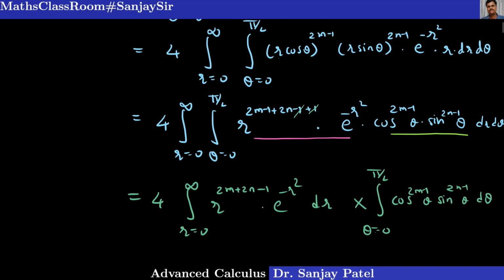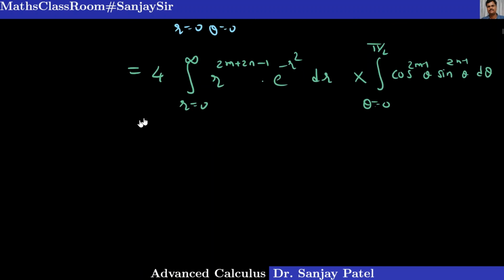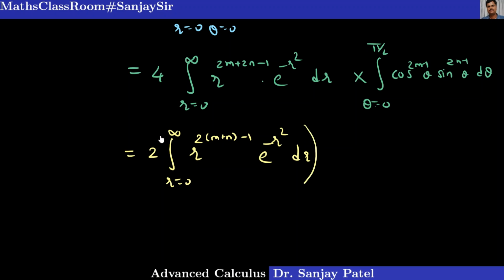Okay, further I can rewrite these two integrals in the standard form so that we'll get some known expressions. So this, I can write as integral r is equal to 0 to infinity r raised to 2 into m plus n minus 1 and e raised to minus r square dr, that is the first part,